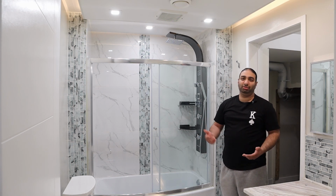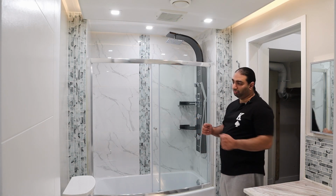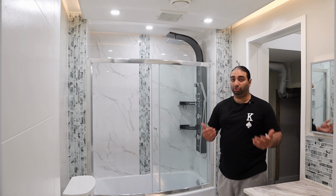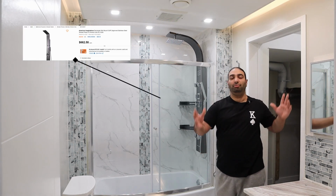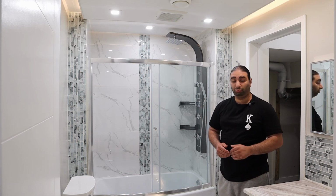Well, they might say to themselves, why would I put something like that in a rental unit? They don't need something like that. Just give them the very basic stuff. Now I get that, but when you're talking about increasing rent, when you're talking about charging a premium, something like this costs $600. However, if all these things combined were to allow me to charge $100 or $200 extra per month on rent,